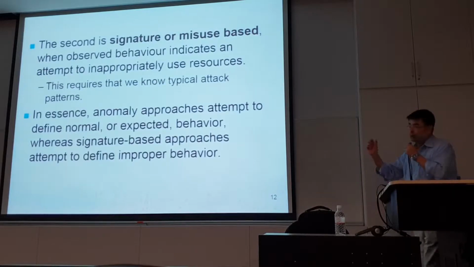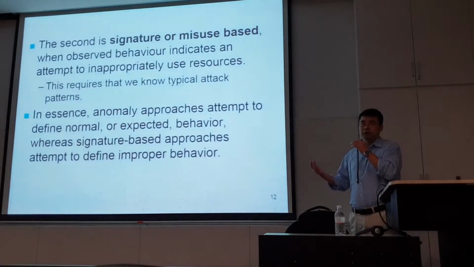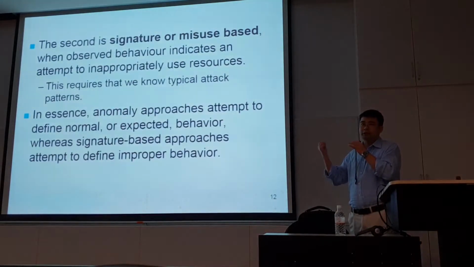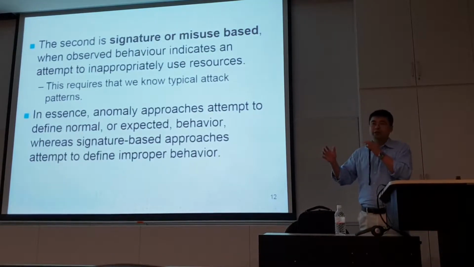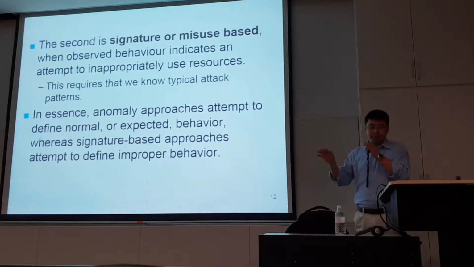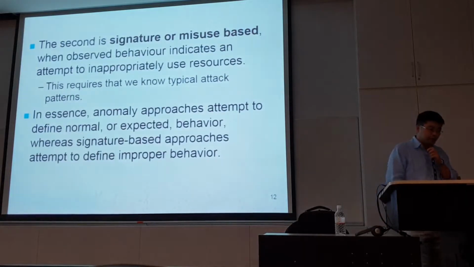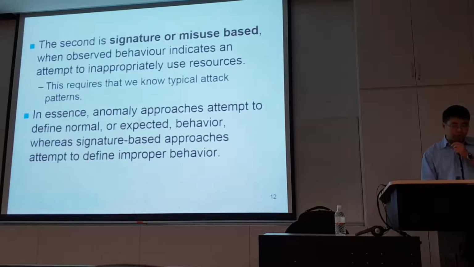The second one is the blacklist-based approach. That means we define what is known to be bad. And then if there is a match, this is similar to signature scanning in antivirus, right? So we define what is bad, and then if there is a sequence of actions which matches this blacklist, then we just raise alarm, right? So essentially the anomaly detection attempts to define normal expected behavior, but the signature-based approach attempts to define the improper behavior,